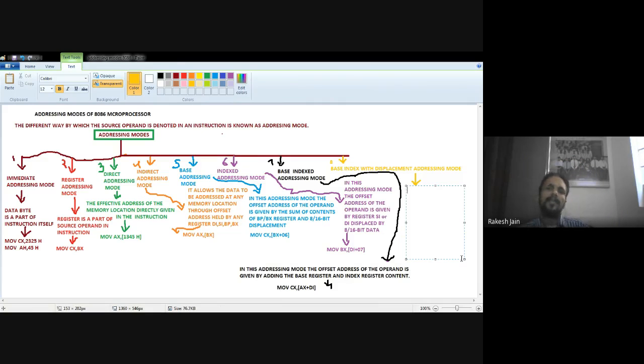The displacement can be 8-bit or 16-bit data. The base means the base register content, and index means index register content, that is SI or DI content. The base registers are AX, BX, CX, or DX.